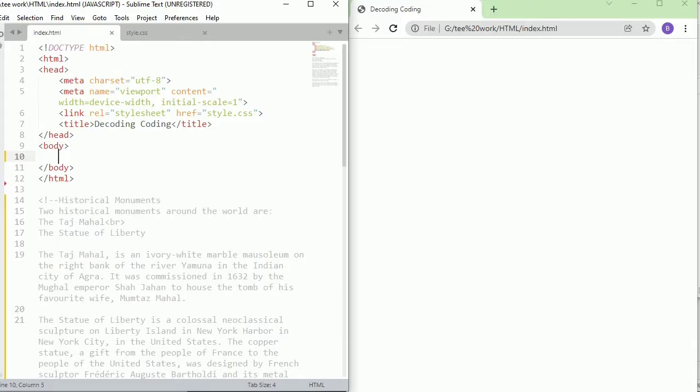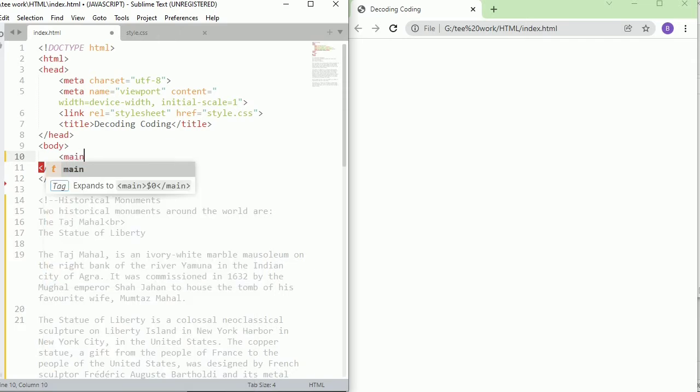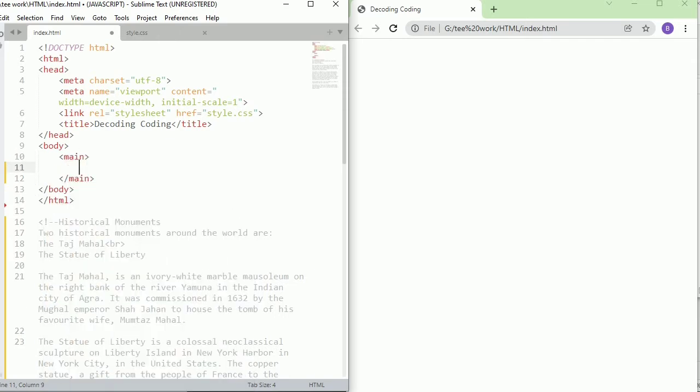Here I'm using Sublime Text. You can use whichever editor you are comfortable with. And I also have some headings and paragraphs here already written, so I don't waste time writing them. The first tag that we have to see is the main tag. Now within the main tag, I'm only using a heading H1 and I'm going to add a paragraph, nothing else.